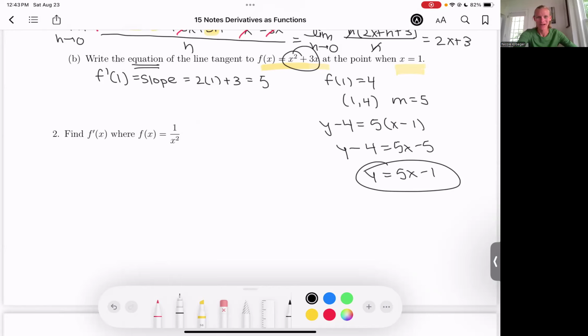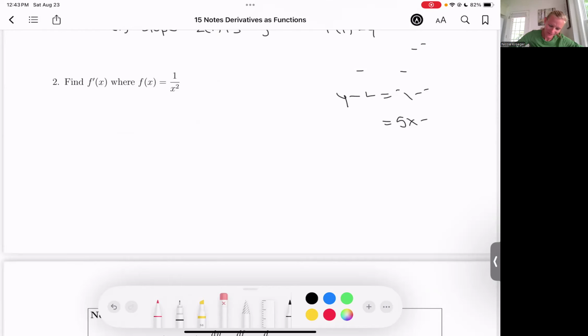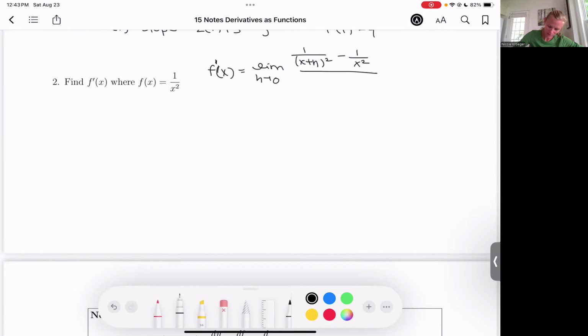It's going to just be a lot more algebra again. So let's find the derivative here. Hopefully you're going to pause this before you watch me do it. And I'm going to find myself plenty of room here because I think this one might take some room. Okay, so find f prime of x using the limit definition. So we're going to look at the limit as h approaches 0. F of x plus h will be 1 over x plus h quantity squared minus f of x all over